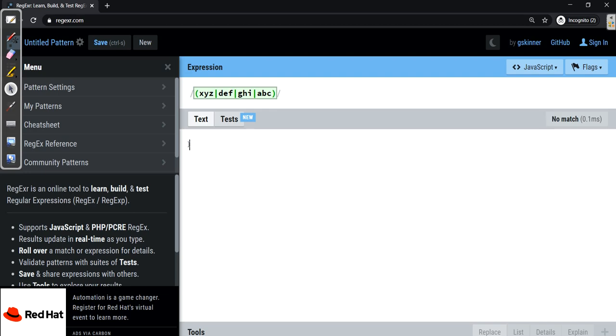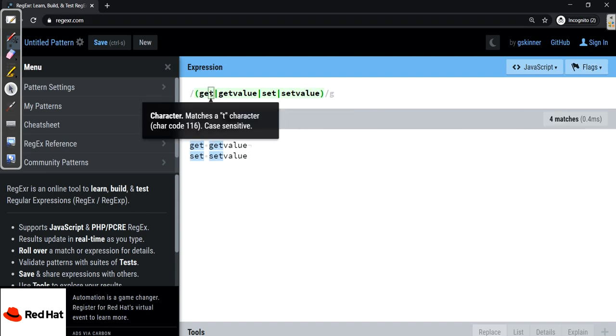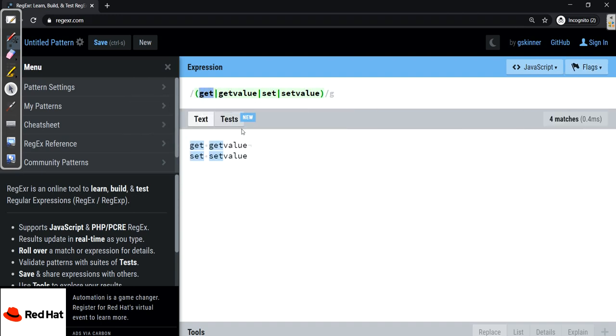So taking one more example where I have get space get value and set space set value. With this, if I write a regular expression to match these, get pipeline get value with this set, and I tick global in my flags, it's just matching get out of get value.